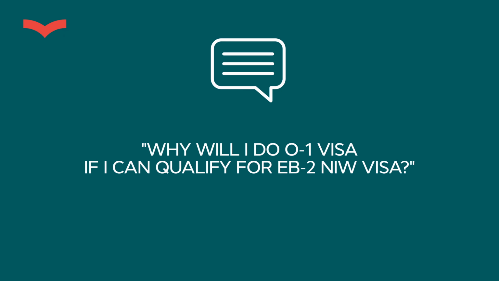The only thing I can think about where we could have some similarities is probably between O1 visa and EB-2 NIW. And O1, yes, it has the similar criteria to EB-1A, but because it's so much easier to get O1, and a lot of times if you can get EB-2 NIW, you may have a pretty good chance to get O1 and then requalify for EB-2 NIW in the future. That yes, but your question is like, well, Stanislav, why would I do O1 if I can qualify for EB-2 NIW, which is a green card?